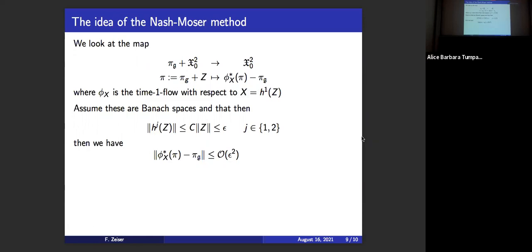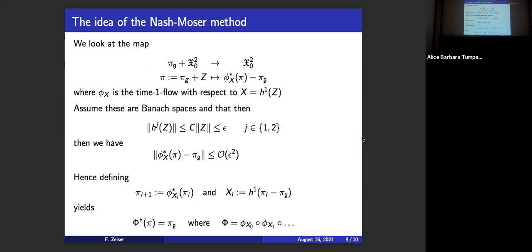And that way what we do is we just iterate this process, and then what we want to get is, first of all, that the limit of this iteration gives us our linear Poisson structure, and that the concatenation of all these time one flows gives us actually this diffeomorphism. And one can make this precise